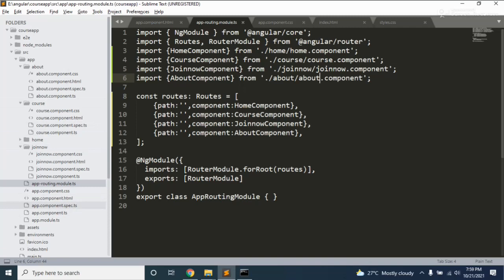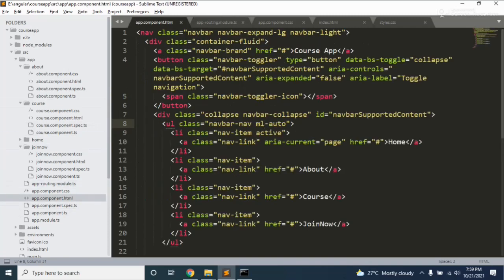Here we have app.html. What should I do? We need to add the router link, adding the router link here, like this, and just copy it and paste it here, home,